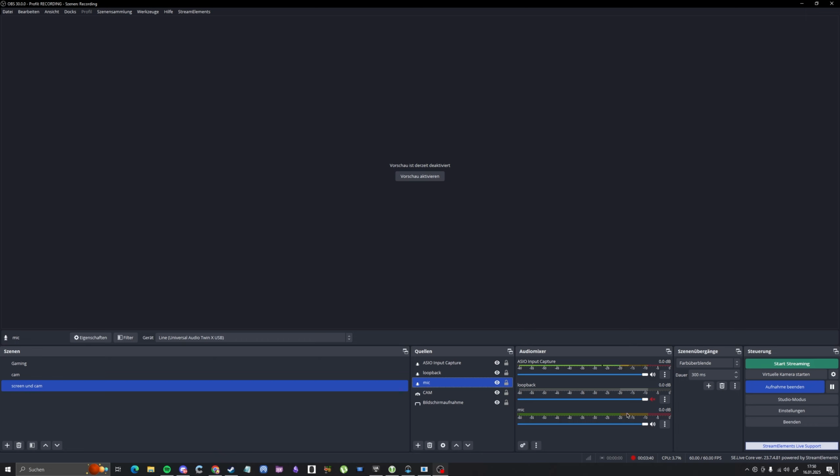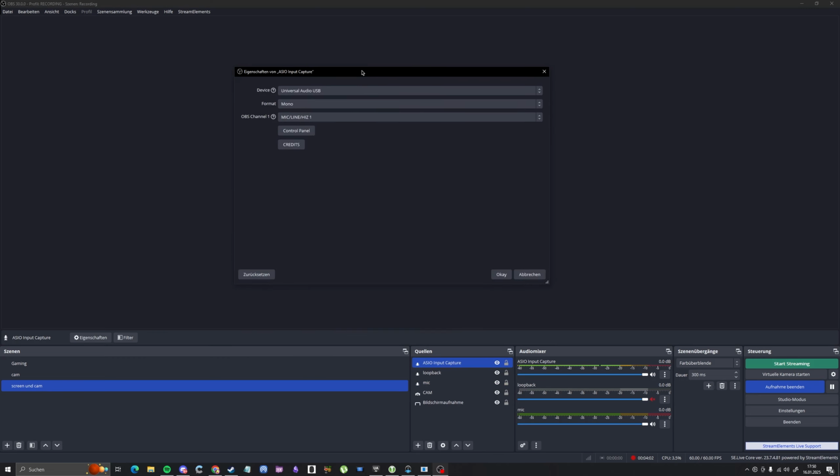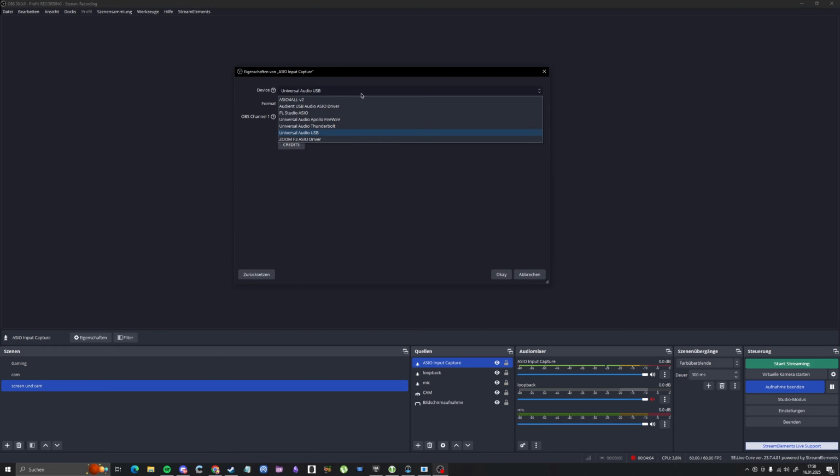So what you have to do, and that's where the video comes in handy that I linked in the description, you have to follow this tutorial, download something that is called, I think, OBS ASIO. I don't know how you say it in English. But it's OBS ASIO drivers, which basically allows you to use any ASIO drivers on your PC inside of OBS,